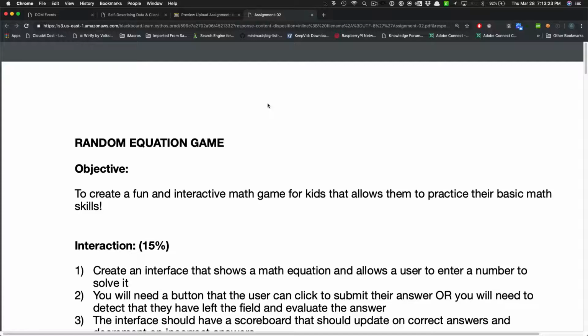Send me an email or a message on Slack or talk to me today and say, this is what I plan on building. I'll give you the A-OK, and then you can go ahead and build that instead if that's what you want to do. Okay, so just let me know. Otherwise, I expect to see